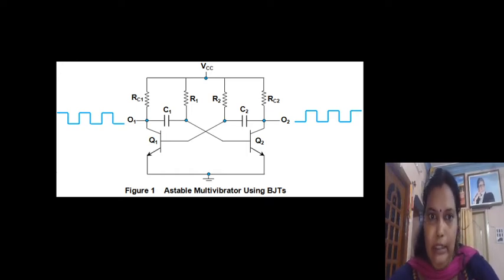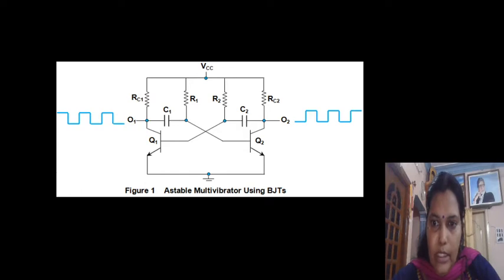Now let's see the circuit diagram which is displayed over here. In this diagram we have two transistors wired as switches, that is Q1 and Q2. When a transistor is on, its collector and emitter act as a short circuit, but when it is off, they act as an open circuit. So in this circuit, when a transistor is in the off state, its collector will have voltage VCC, and when it is in the on state, its collector will be grounded. When one transistor is on, the other will be off. So the off time of the transistor is determined by the RC time constant.